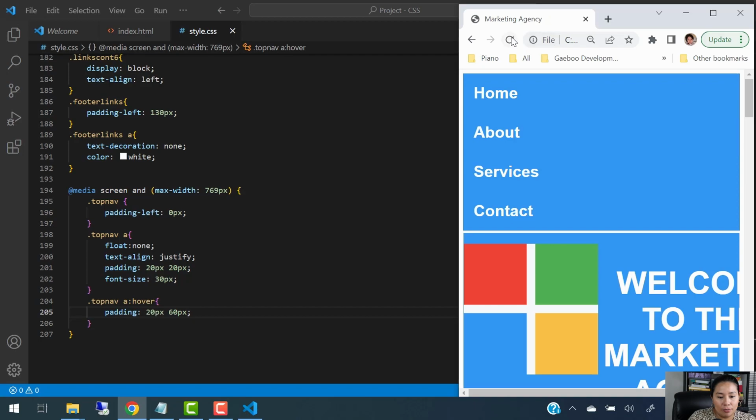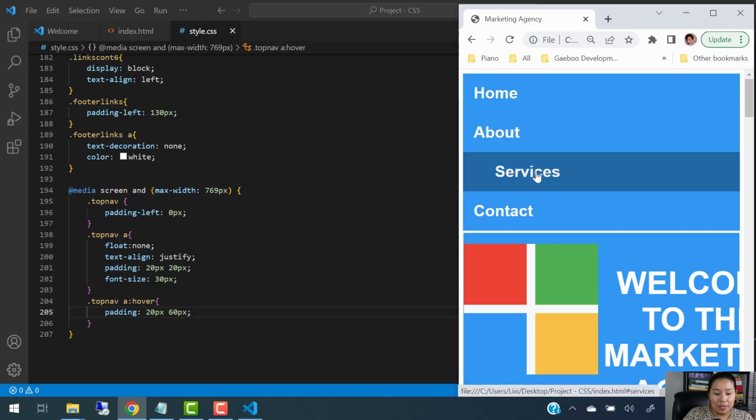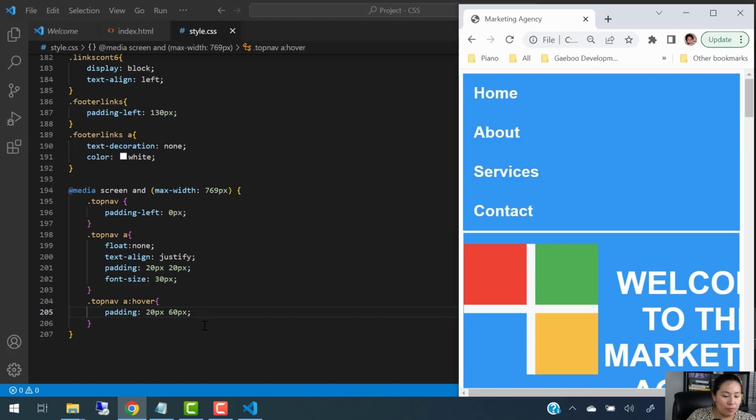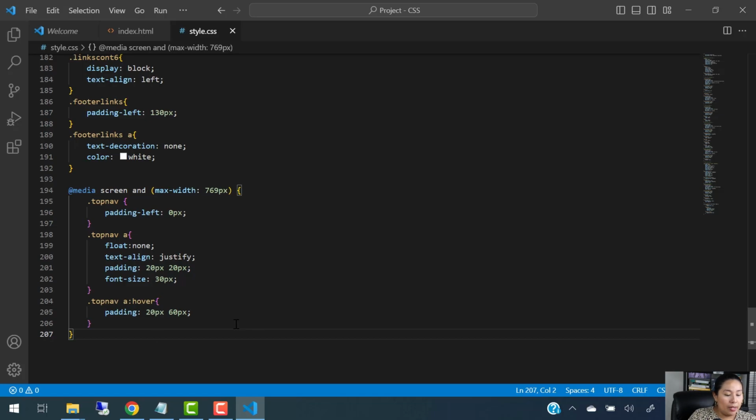Now let's refresh and check out how it looks right now. If I hit refresh and hover over it again, you'll see. Now the padding changes because it's 60 pixels from left to right, not 20 anymore. Okay? So when you hover, it moves. Okay, perfect. So that's the first thing you want to do. Now the next thing you want to do when applying the style here